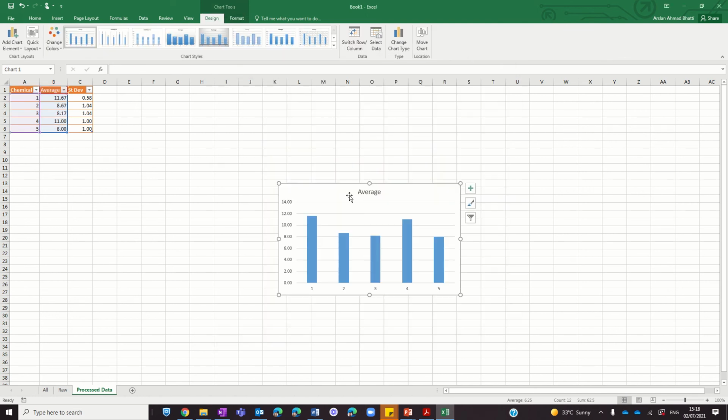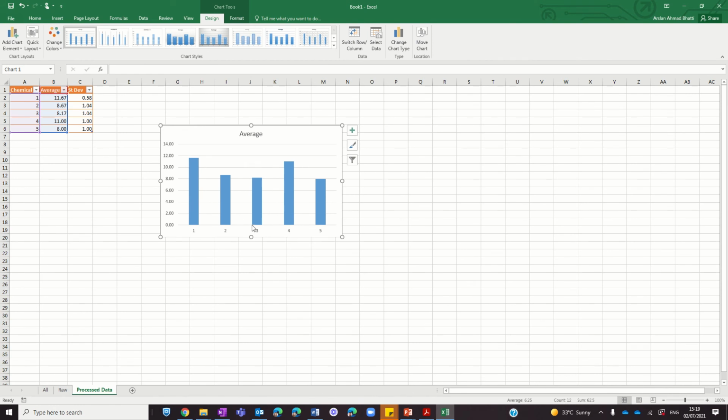And press OK. Now the chart you get is not good enough for your IA, so you need to do some stuff. And again, some of you know what to do, some of you don't. The first thing is this title is wrong. So we need to look at